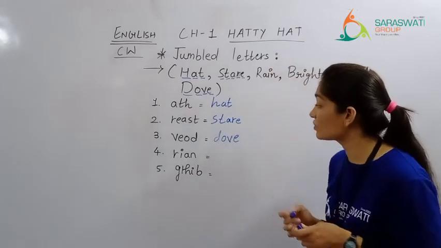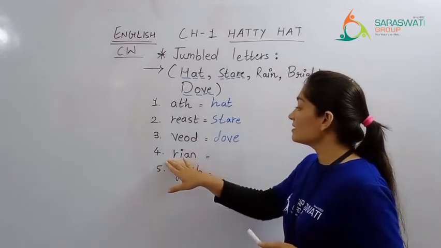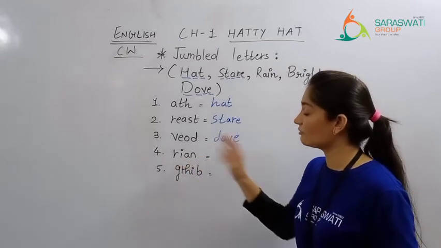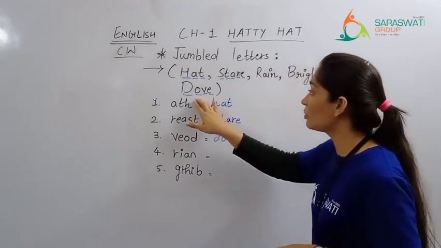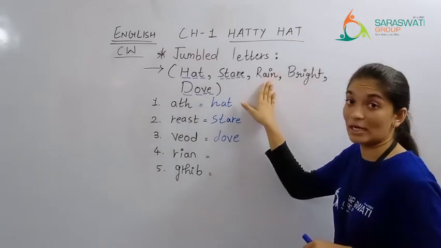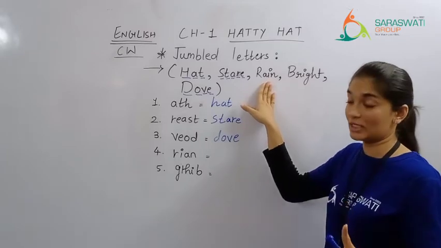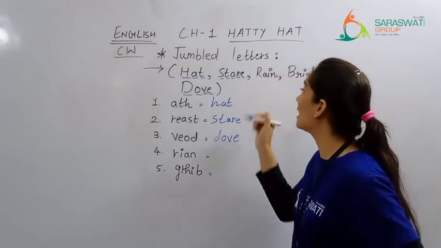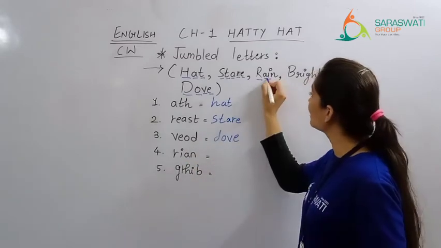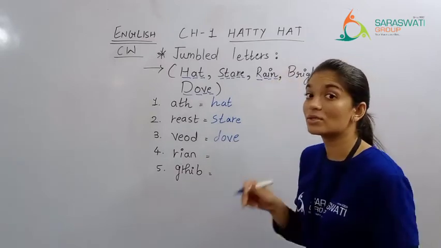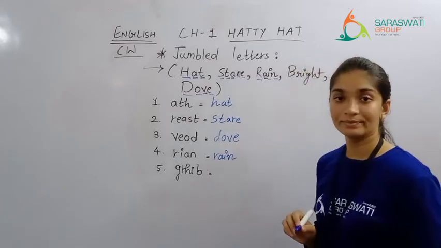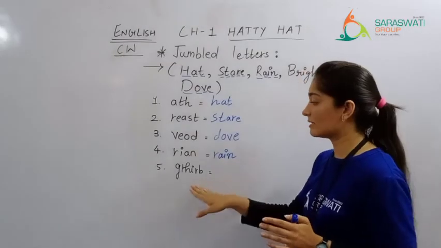Now let's move to the next one. First of all, you are supposed to count the letters 1, 2, 3 and 4, right? So now આ 4 lettered word હતો, આ 4 lettered word હતો. This was 6 lettered word. So this is 4 lettered word. હવે confirm થઈ ગયું કે એક જ 4 lettered word છે. Compare the letters. R, yes, it has R. I, yes, it has I. A, yes, and yes. So the word is rain.